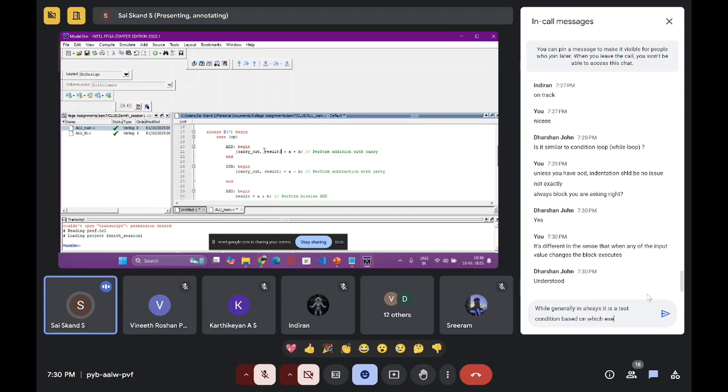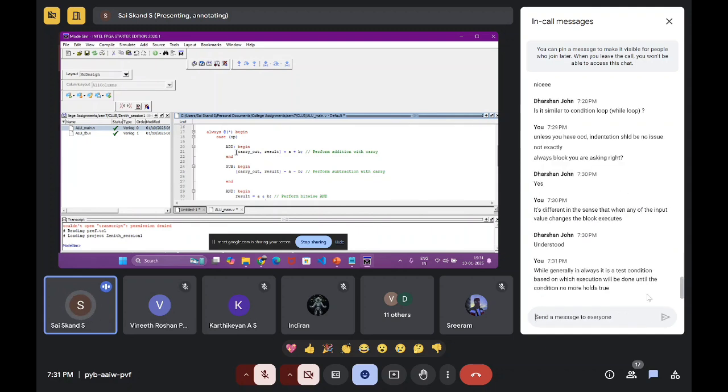I'll tell you what this is. For an addition, what comes out? Basically, an addition gives a sum and then a carry. But we want the carry to be placed at the MSB, right? I guess you're all familiar with that. If we write it this way, that carry will be concatenated. It's basically a concatenation operator. Say the 4-bit result is 1110 and the carry is 1, then the result will be 11110. Basically it's getting concatenated to the MSB. Okay, I guess you're all clear with that. So that is addition. This is the syntax.